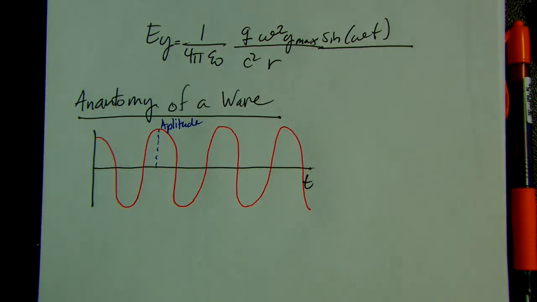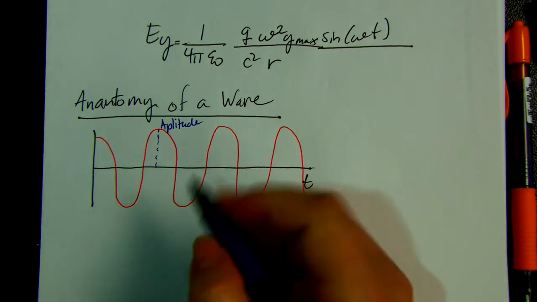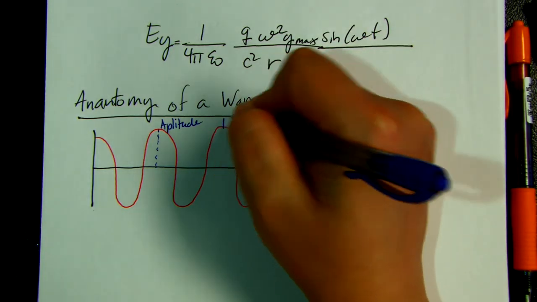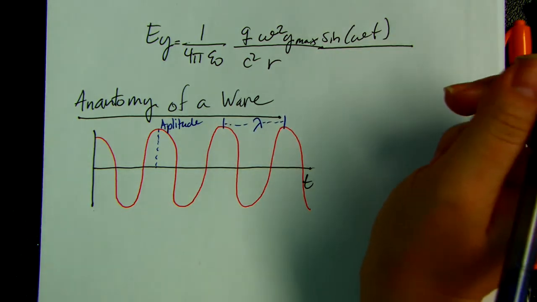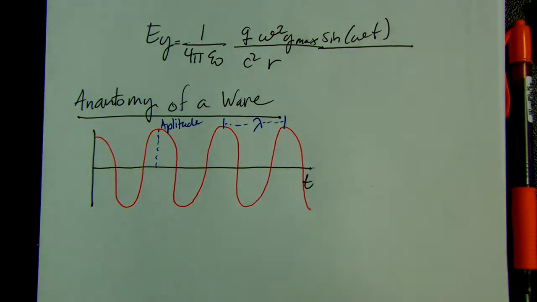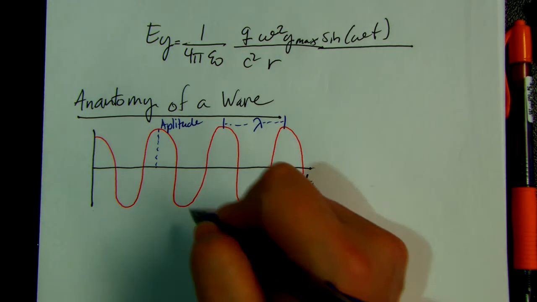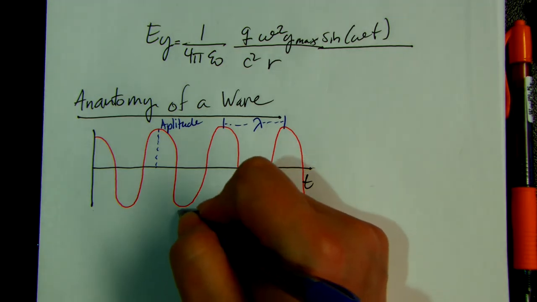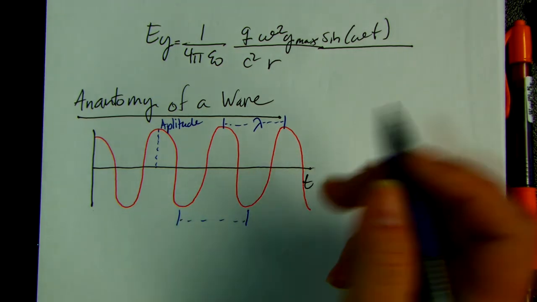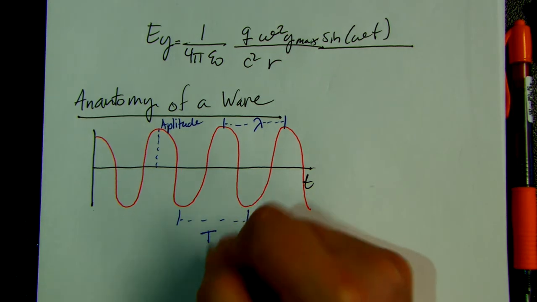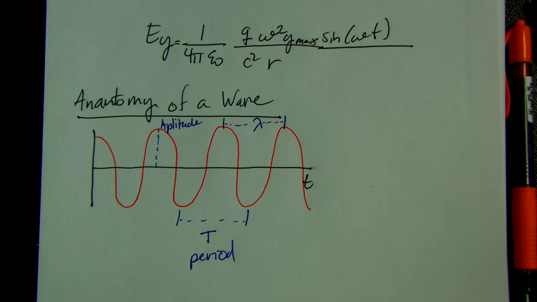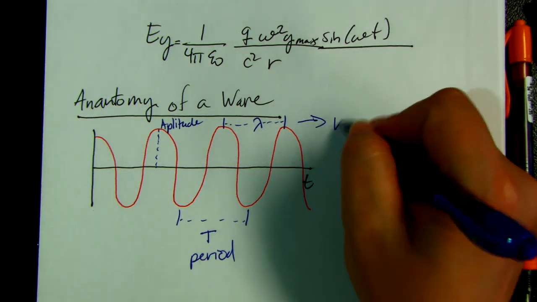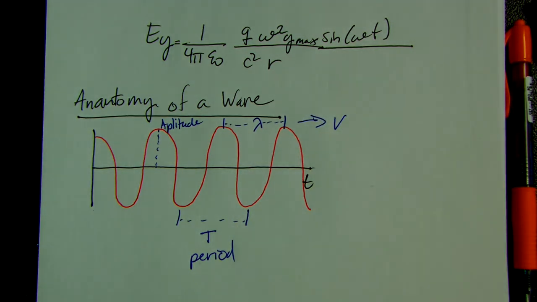So that's the highest length. This is lambda, the wavelength, and then you could look at the time it takes to get from here to here. That is the period. And you can go after velocity, which is how fast this wave is propagating through time,